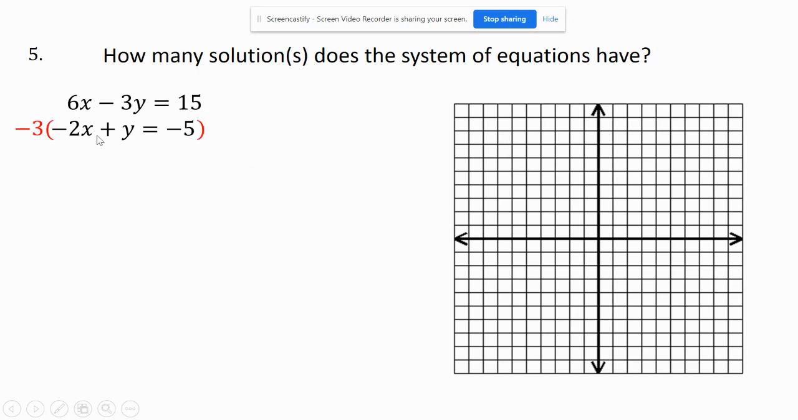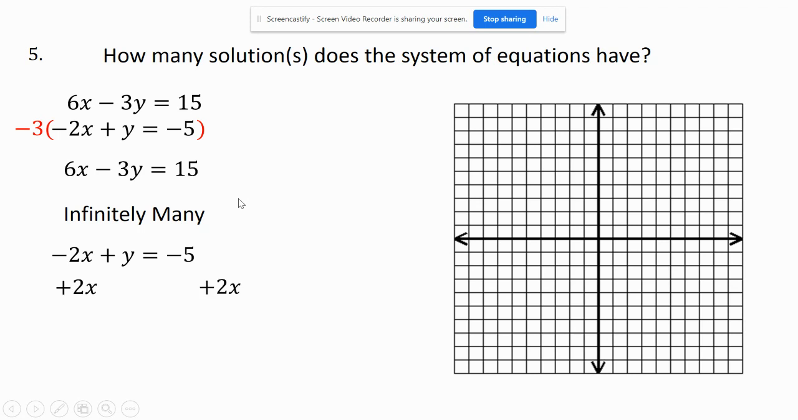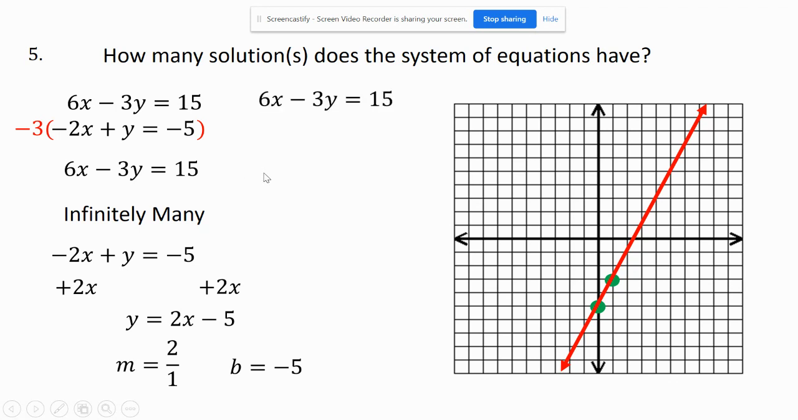Notice if I take this times negative 3, just for grins, negative 3 times negative 2 is 6x. Notice they're the exact same graph. So that means if you were to graph these, you find your slope and y-intercepts are exactly the same on both these equations, and it's the exact same line. So if it's the exact same line, that means there are infinitely many solutions. Okay, and you see here just showing you exactly